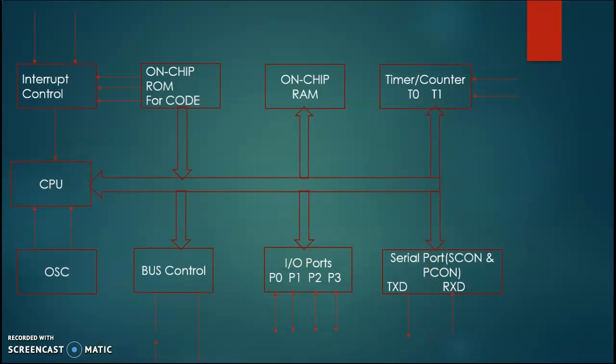Next component, which is a very important component, is bus control, which in the diagram, when we see, everything gets connected with the help of bus control. Bus control is nothing but a collection of wires which works as a communication channel or medium to transfer data. All the components discussed here are connected to each other with the help of bus. There are two types of buses, address bus and data bus. Address bus is a 16-bit bus while data bus is an 8-bit bus.